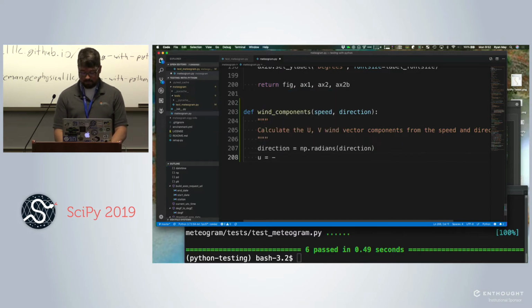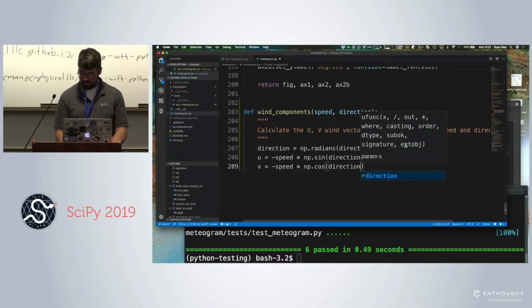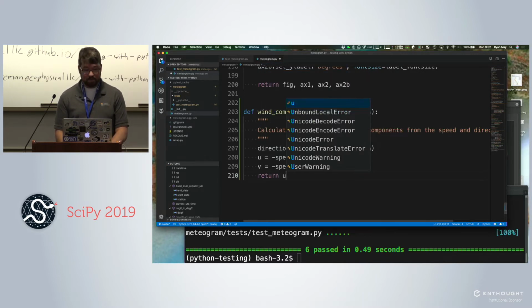Then U is going to be minus speed times sine direction. V is minus speed times cosine of direction. Return U, V.